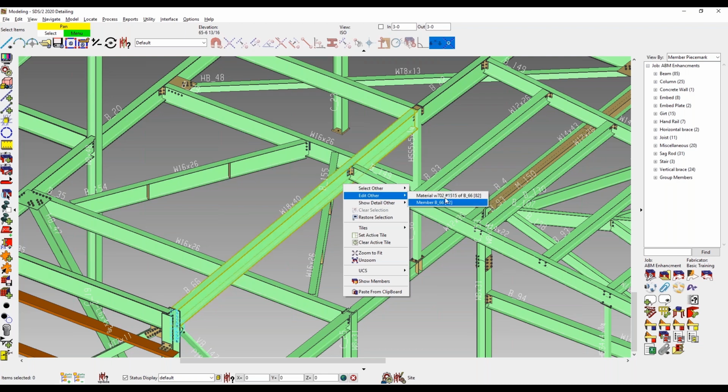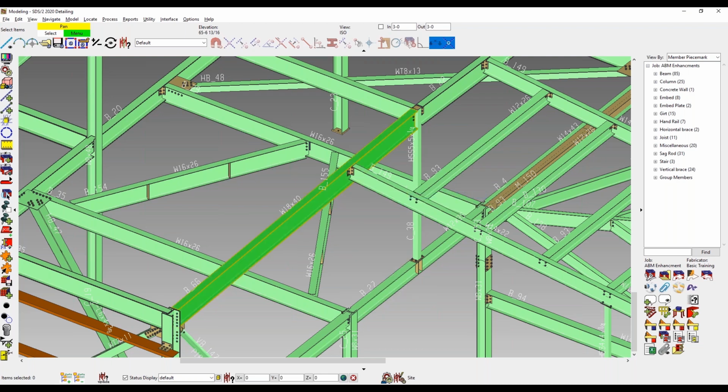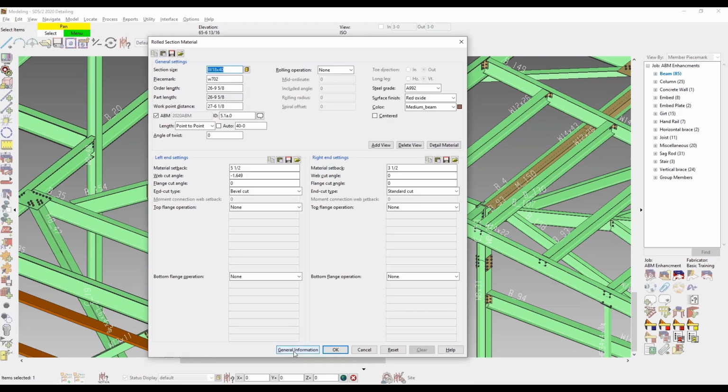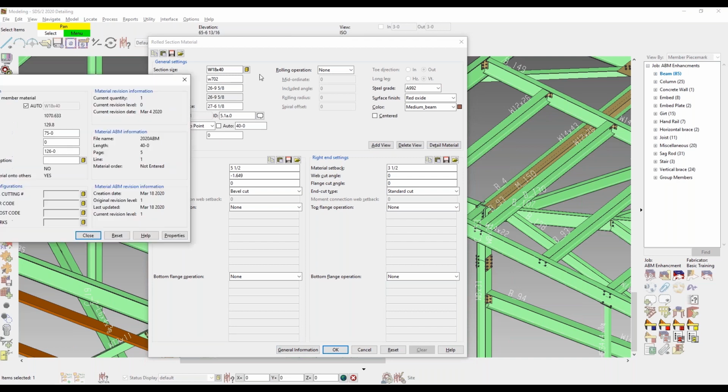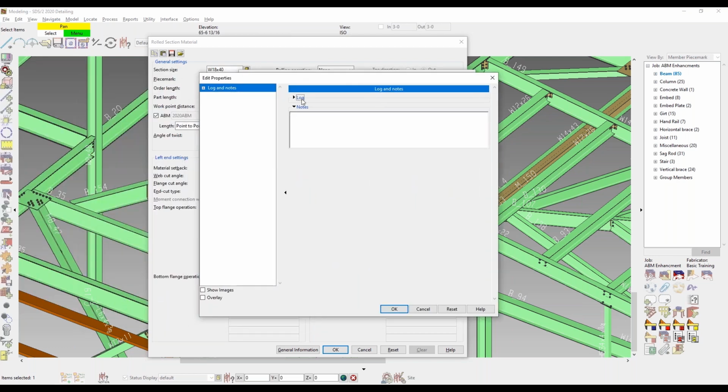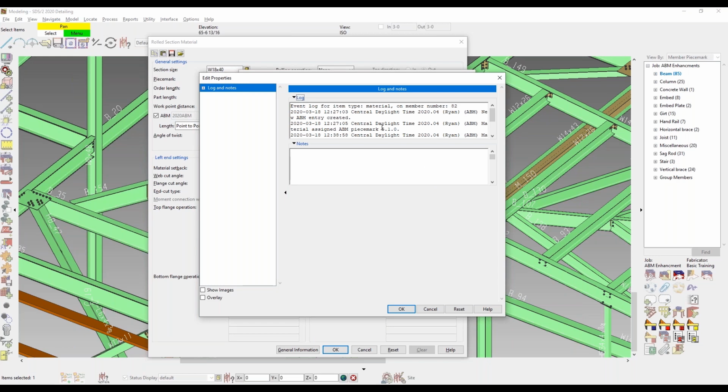If I edit the material of this piece, now you saw in event logging that I had material ABM, so that's where this information is going to get stored, in the material. So if I go into general information, and then properties, I should see in my log that I have some information that has been tracked. So right here, it's telling me that an ABM entry was created. It was assigned 5.1.0. If I look down here, the material length has changed for the ABM, and a new line was created, and now it's